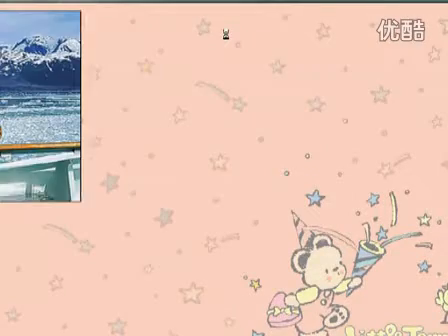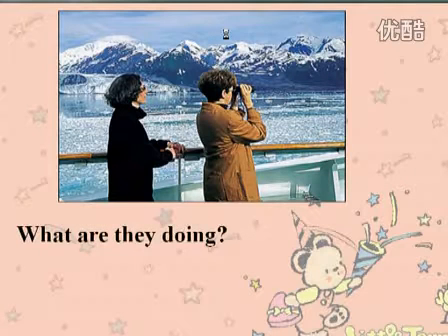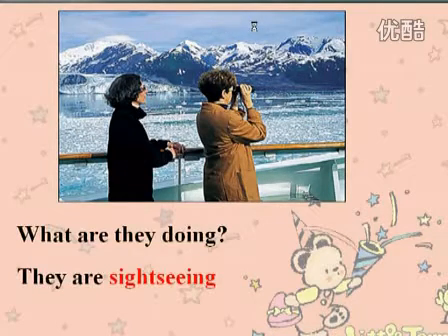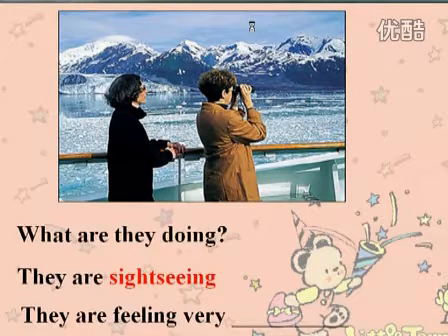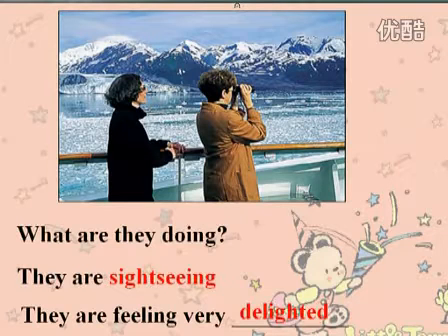Okay, now look at the next picture. What are they doing? Maybe now two people are seeing something, seeing some precious, beautiful scenery. Maybe they're sightseeing, 观光. They are feeling very... When you saw a beautiful scenery or heard exciting things, maybe you will feel very delighted. Okay, delighted. 是一个过去分词做形容词，高兴的。